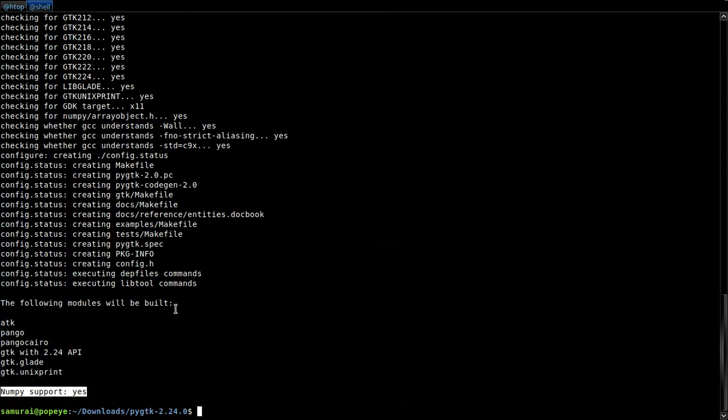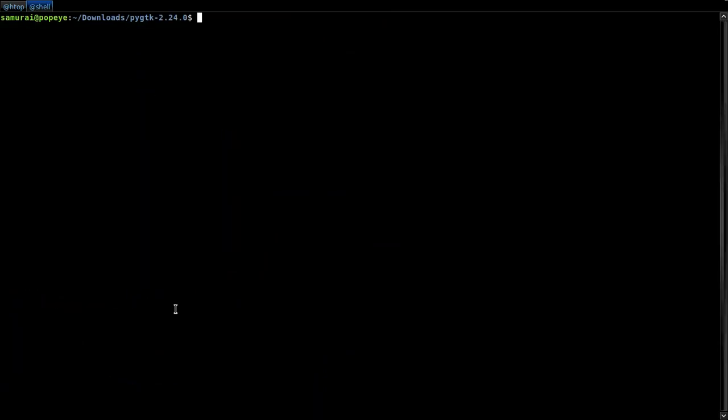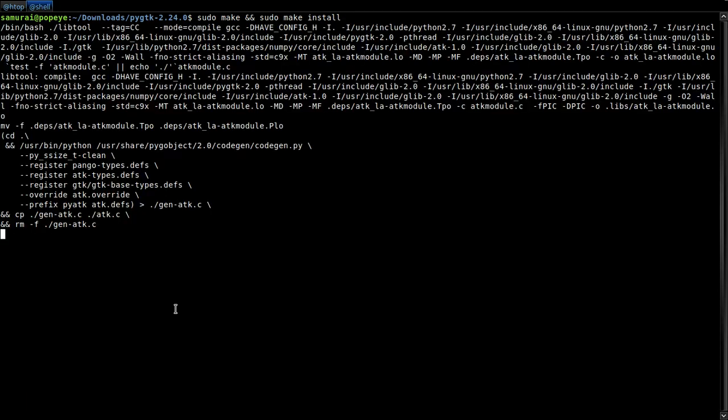A good step. So I will execute clear. I love to stay with a clean console. And now I will make clean. I already did, so I do make. And we will also pass a sudo make install. And hit enter and cross my fingers right now.